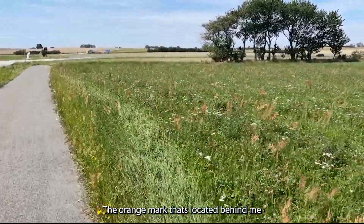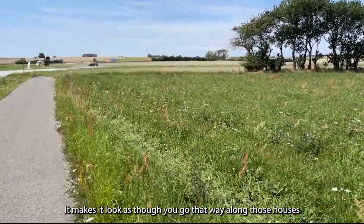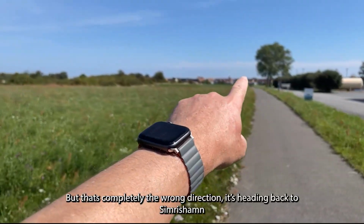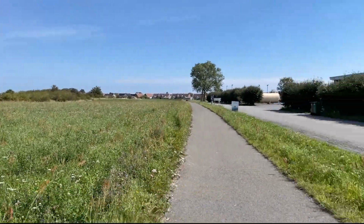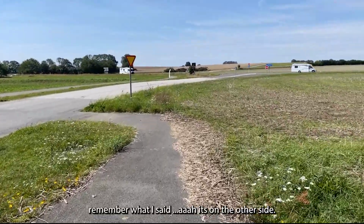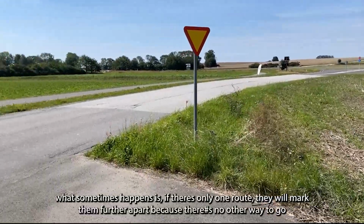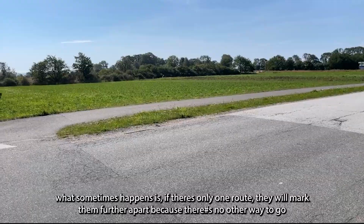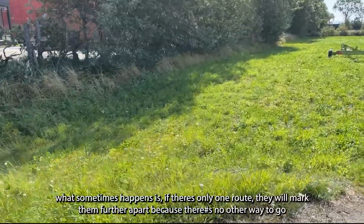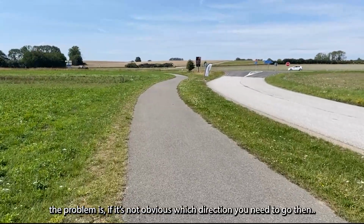Really odd. The orange mark that's located behind me makes it look as if you head the other way along those houses, but that's completely the wrong direction. That's heading back to Simrishamn. It's got to be this way, but I'm not seeing an orange mark for over 300 metres. Remember what I said? It's on the other side. There it is. What sometimes happens is if there's only one route, they'll mark them further apart because there's no other way to go. The problem is if it's not obvious which direction you're going, then